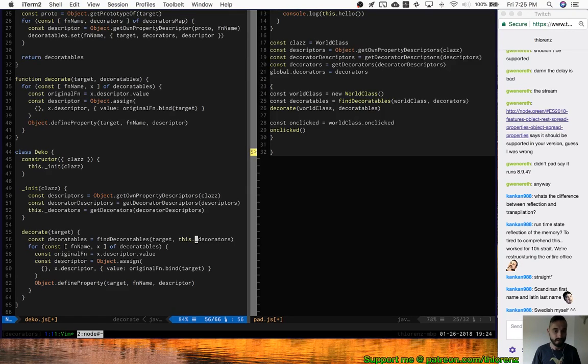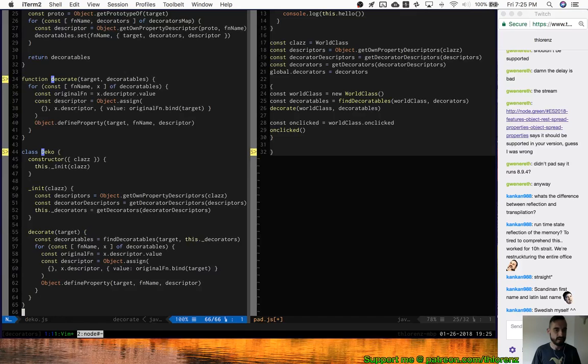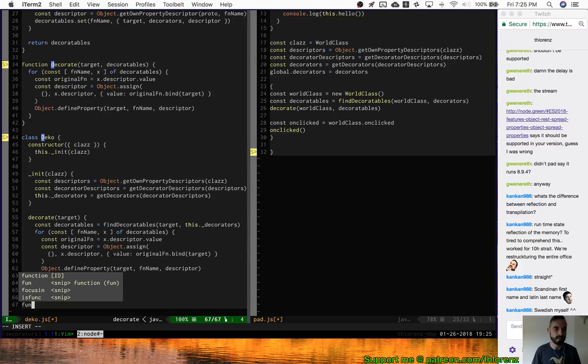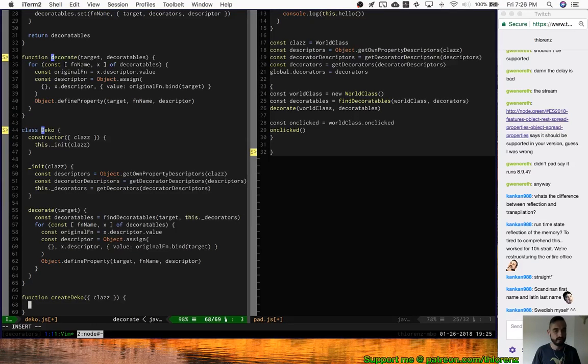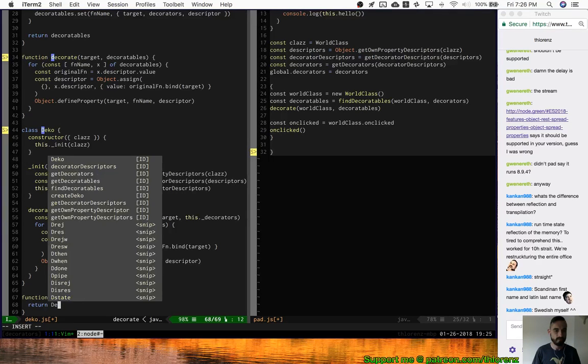where were we? The decoratables. We got that. This should actually now work. Let's save. Let's see what happens. So we got deco. We need to obviously export it. So the way we export it, we could obviously export it just as a kind of like export the class, right? But now you have to know that you have to new it up. So what we're going to do is export it like this, and you're going to pass in the class, and then we're going to return you a new deco